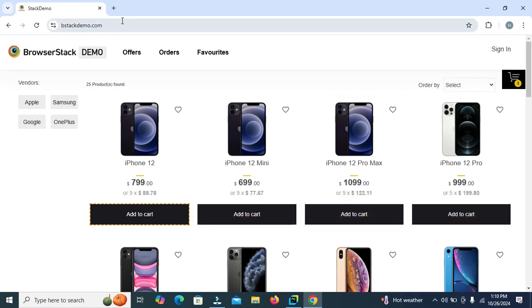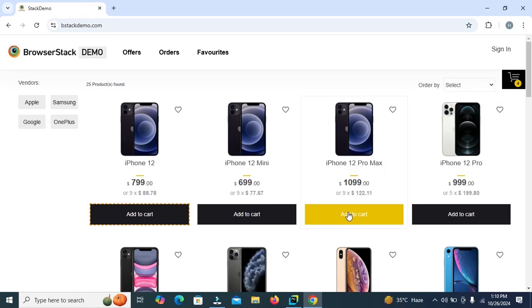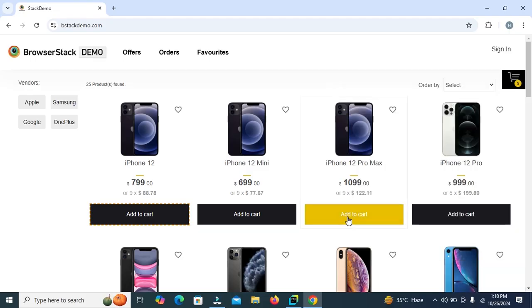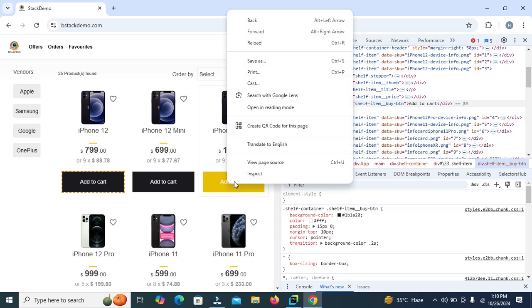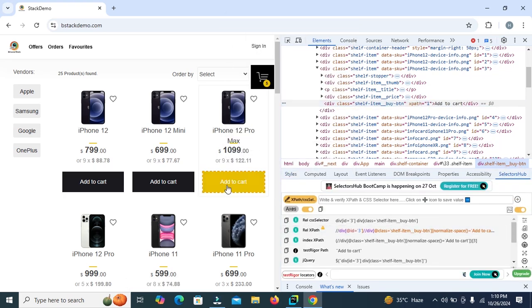After navigating to this URL, we need to click on this add to cart button. After clicking on add to cart, as you can see, we need to add some wait and then we can perform this checkout action. So first locate this element, which is add to cart. Right click on this add to cart and then click on Selector Hub. Here we can locate this element by relative XPath. Here the relative XPaths are available. Copy this relative XPath